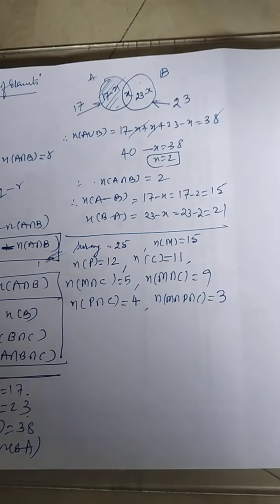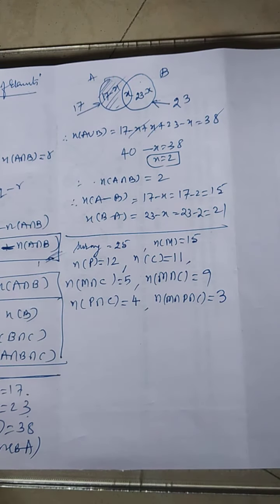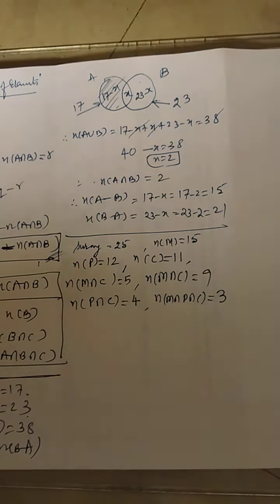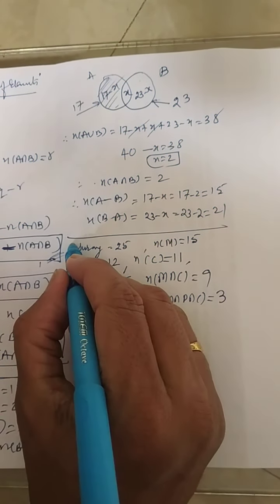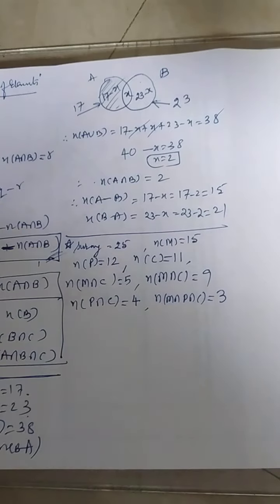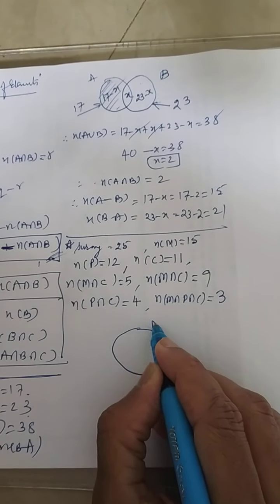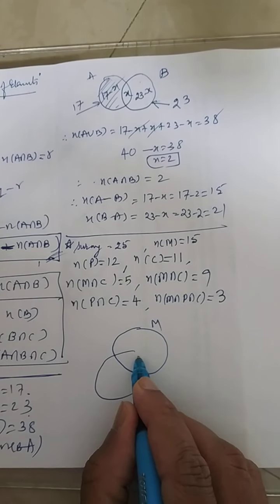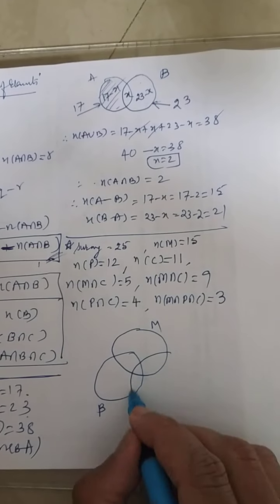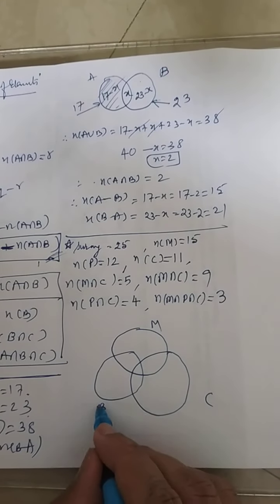Then many questions are asked. We will be answering the questions one by one, but always the word problem is to be converted into numbers. This is the word problem converted into numbers. Now I am going to draw the figure. Look here, this is maths. Over here this is physics. This is chemistry.